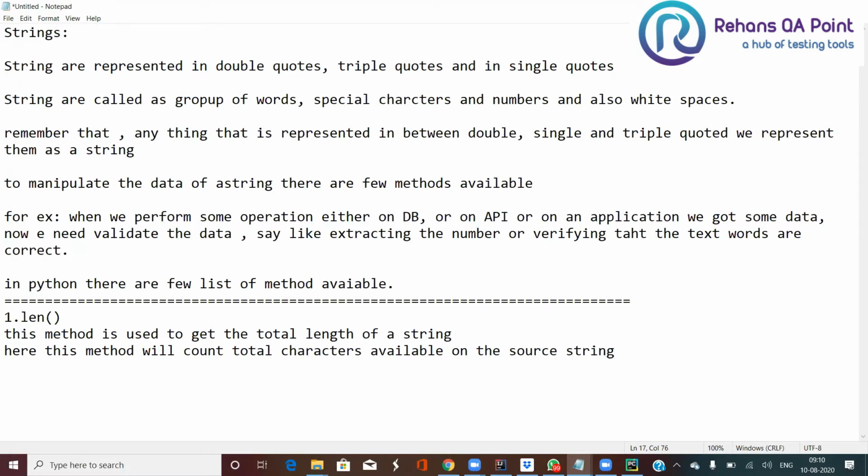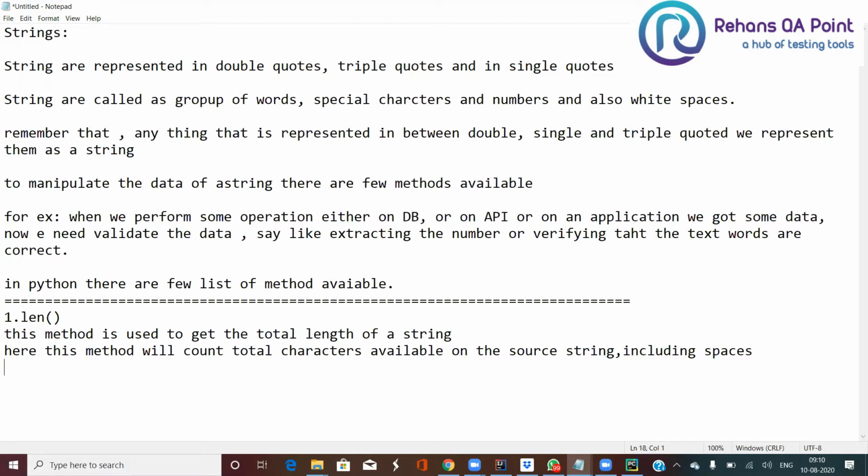So on the source string, how many characters are available? It will count, guys. It will count including spaces, if there are any spaces available, those spaces are also considered as a part of your length.